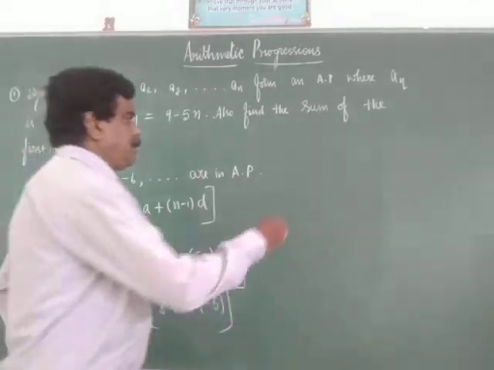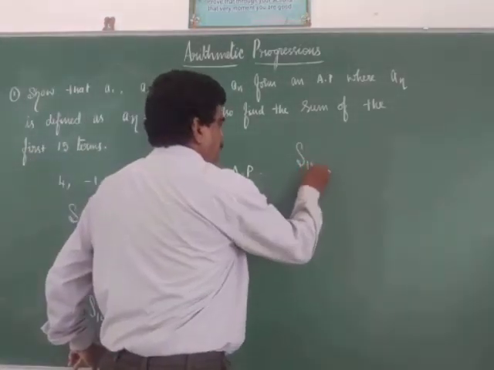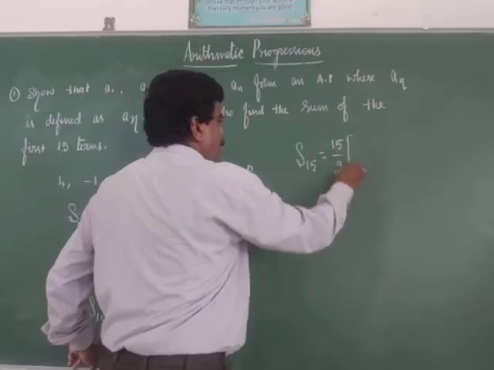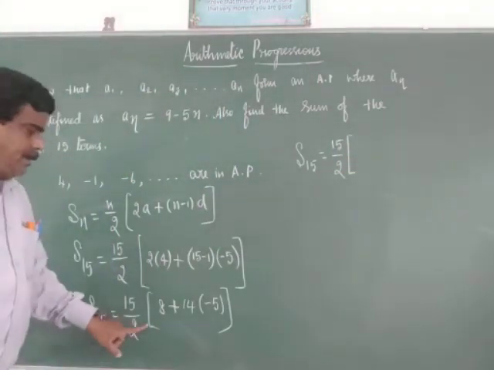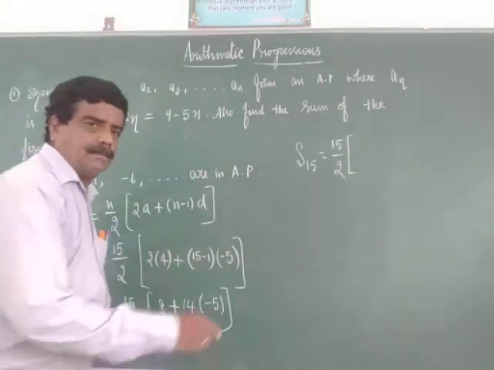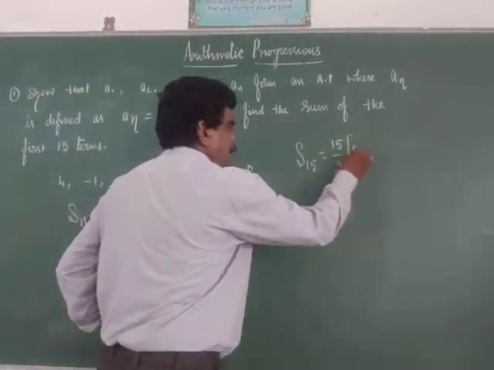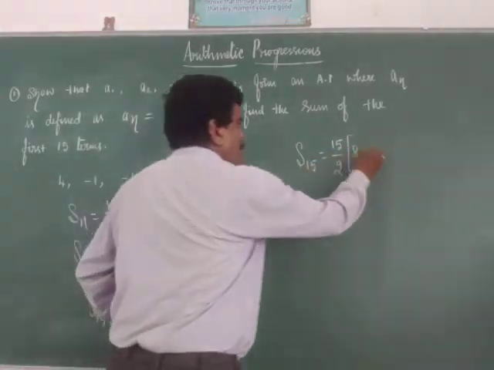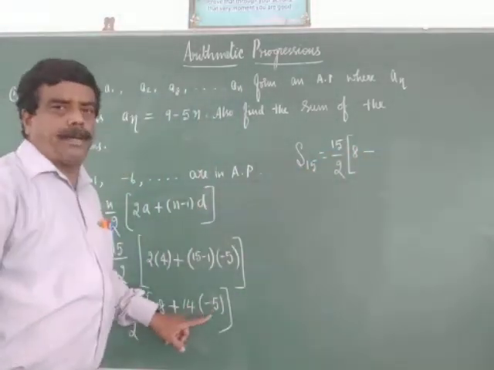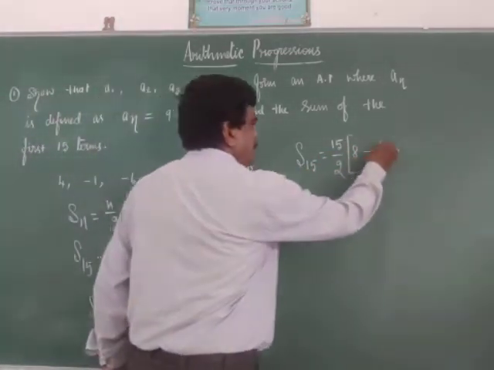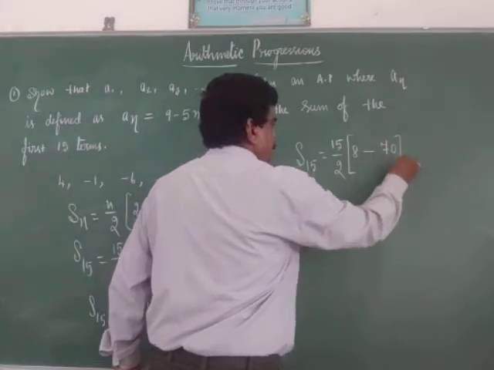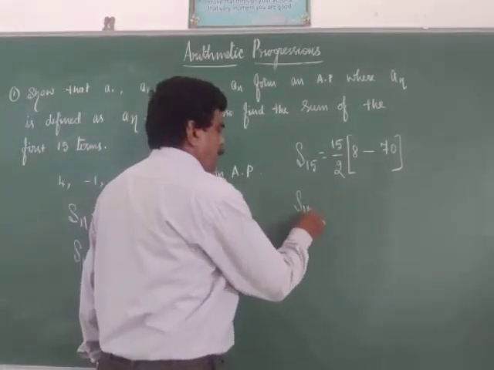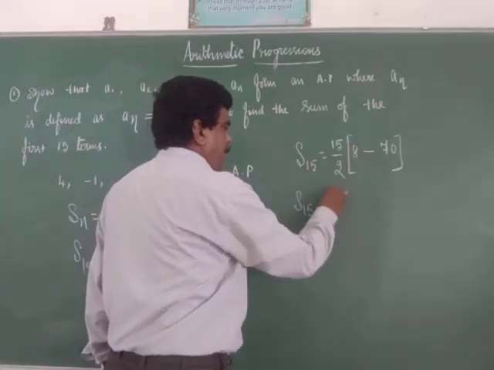This continuation here, S15 is equal to 15 by 2 into, say 8, let it be as it is, that is 8, then plus into minus, minus 14 into 5, 14 5s are 70. So next step is what? Again S15 will be equal to 15 by 2, let it be as it is,